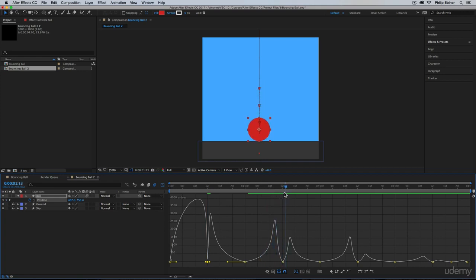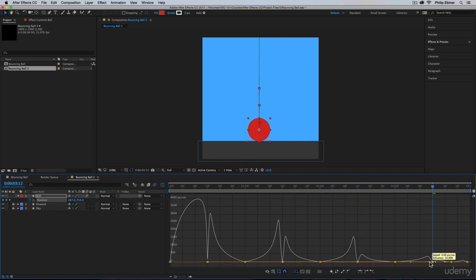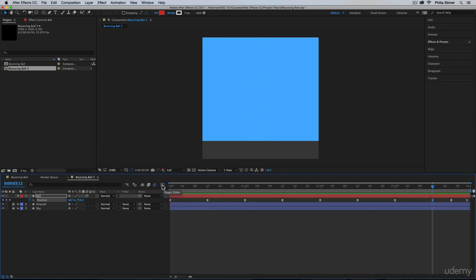I'll go to the next one. Drag it in like so. This one, drag it in. And then for the last one right here, we'll drag it in too. Okay, so now if we play through this one, nice. It's looking better. There's one more thing that's kind of unnatural, and that's the fact that between each bounce,